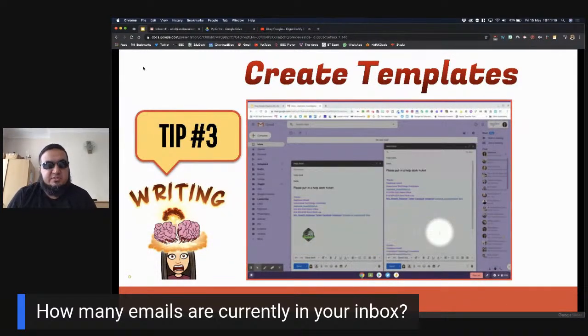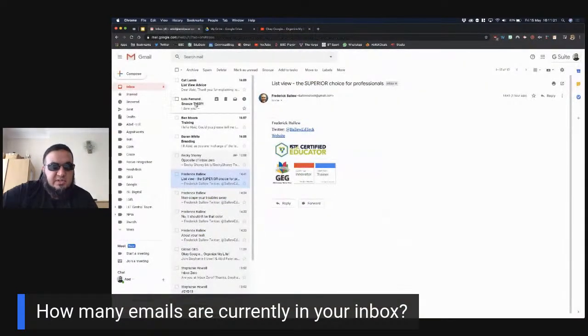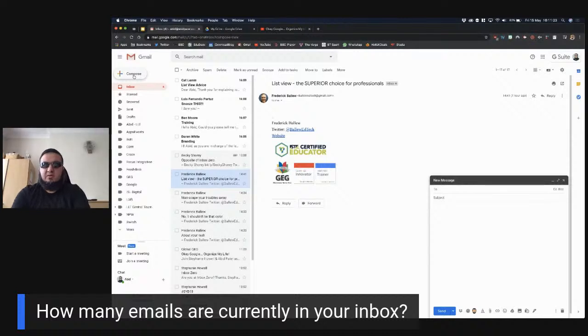Next is templates. If I jump into the email and say I want to have a template that says, clean your desk, and then I'll say, remember to clean your desk.